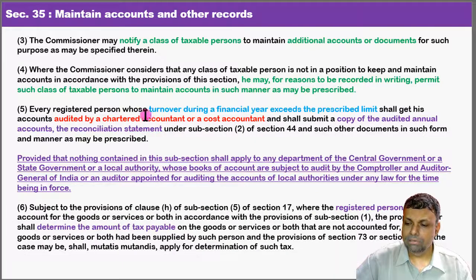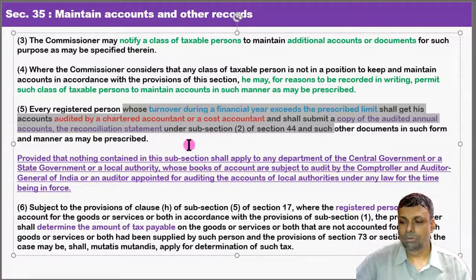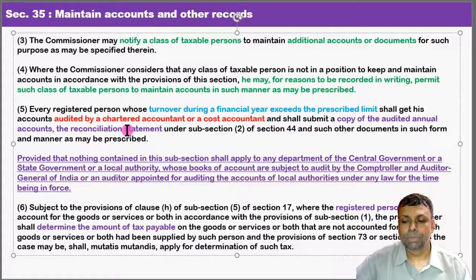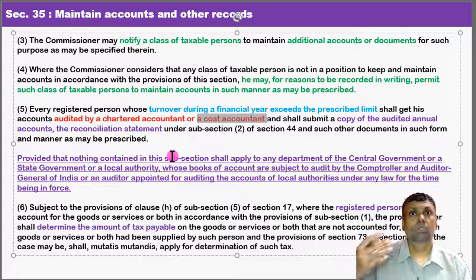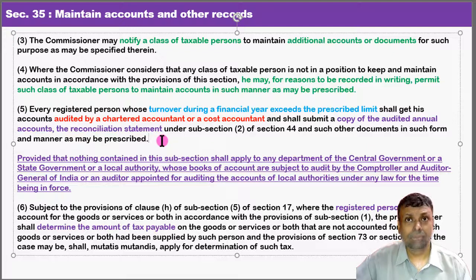Okay. The other valuable thing is where your turnover is exceeding a particular limit, then you have to go for an audit, and this audit is to be done by a chartered accountant or a cost accountant. I repeat, under the GST, the chartered accountant can do an audit, or even a cost accountant can do an audit. In other words, the audit status under the GST regime is at par for the chartered accountant and the cost accountant. That means the degree qualification of both the professionals are at par from the GST point of view, and in the GST the audit can be conducted either by CA or by CMA, as the case may be.